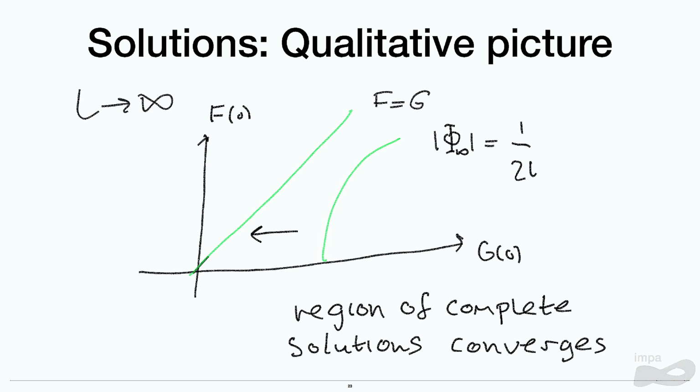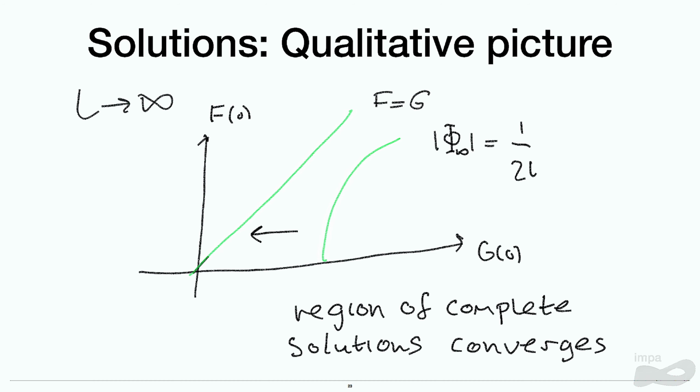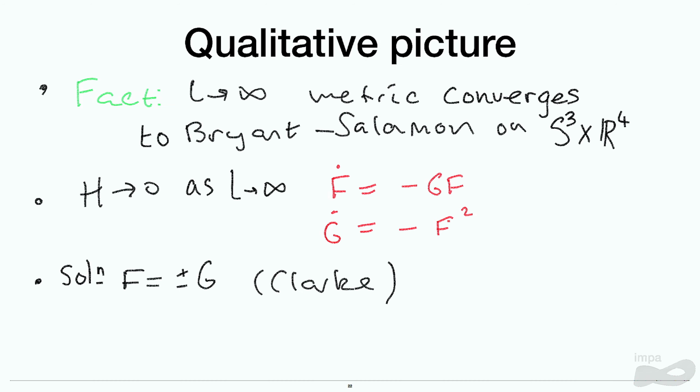So qualitatively, what's happening here is, well, this picture is a bit misleading because it's claiming that we've proved that this curve actually converges to this curve f equals g, which would be the Clark solution as L goes to infinity. Oh, oops. What we've actually proved is that the region of complete solutions, so remember that was this blue thing plus the green curve,